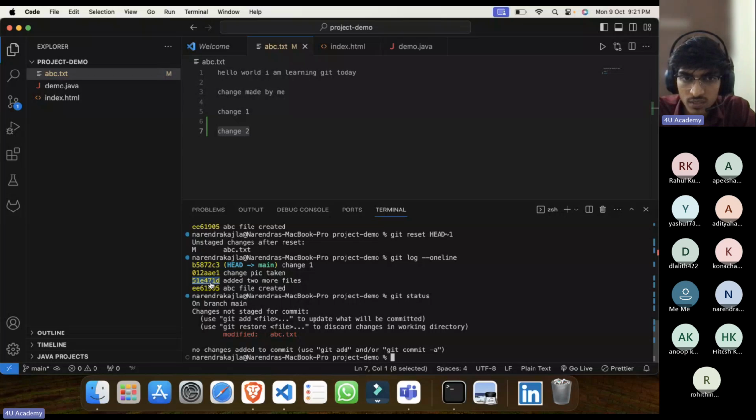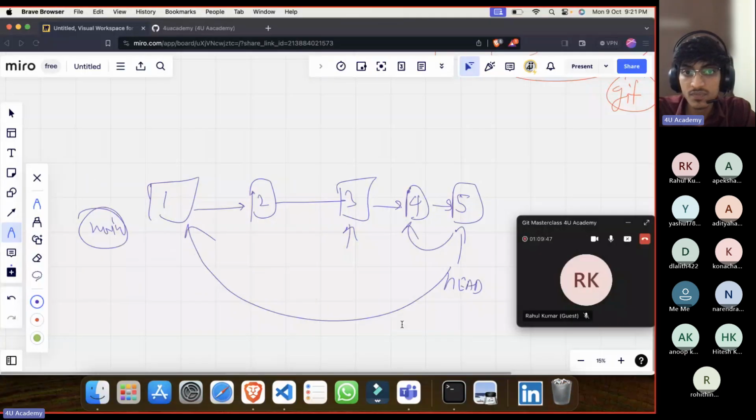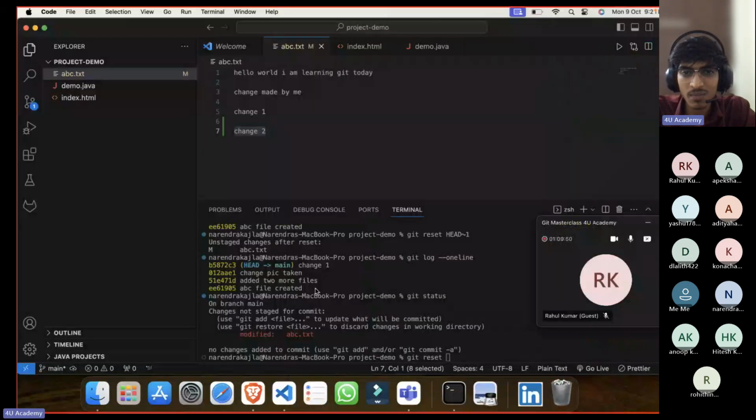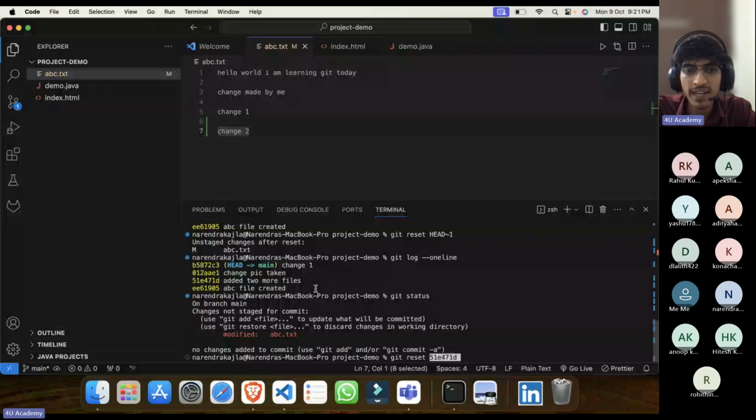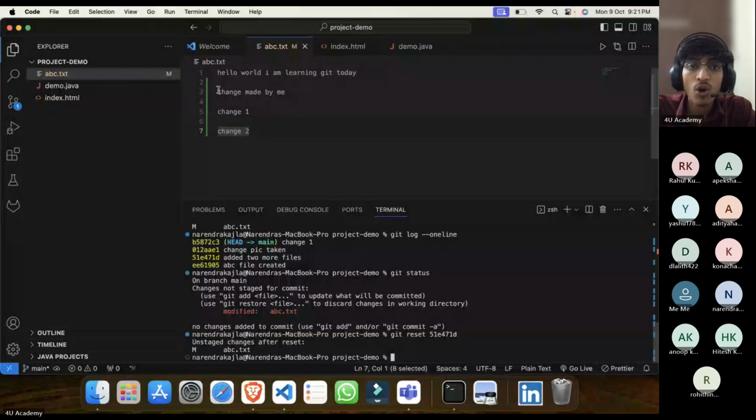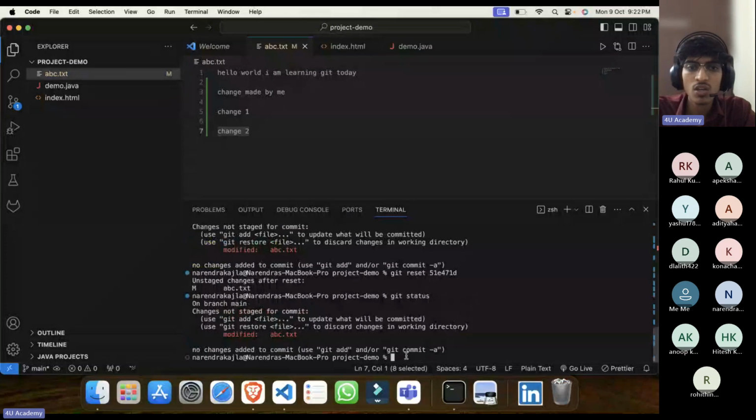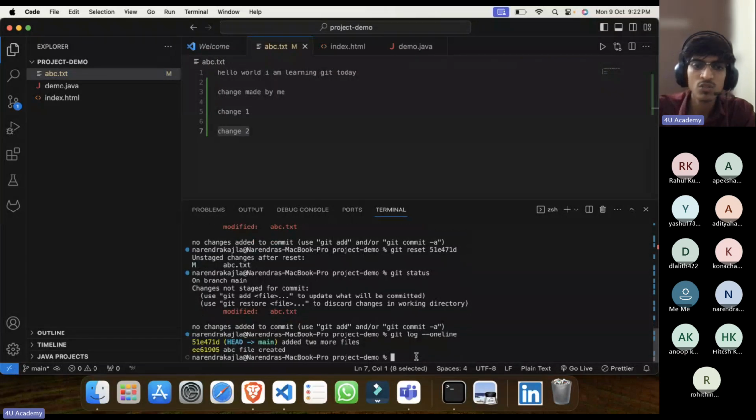So I'll copy this and git reset. Many times I also forget these commands, then paste it and hit enter. All these changes are now untracked. If you do git status now, you see all these are untracked. And if I do git log --oneline, you see both commits are deleted.